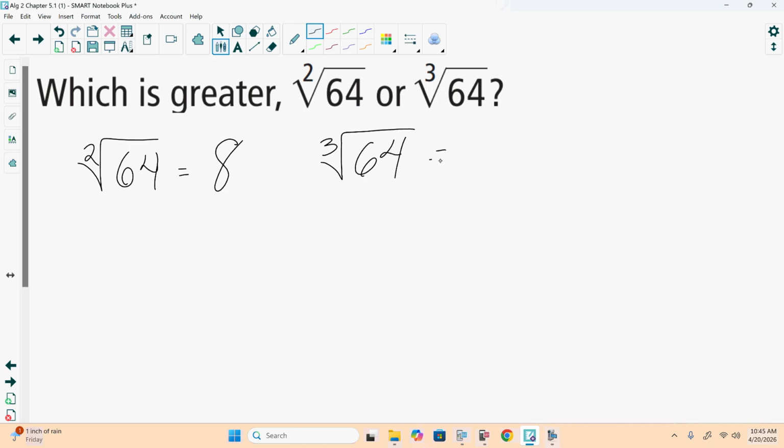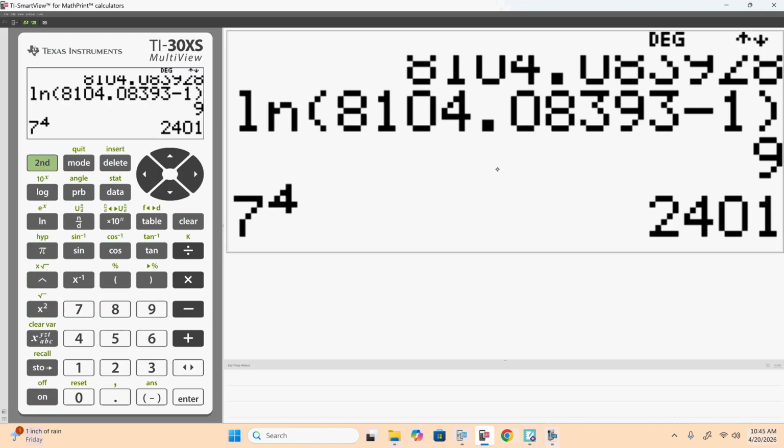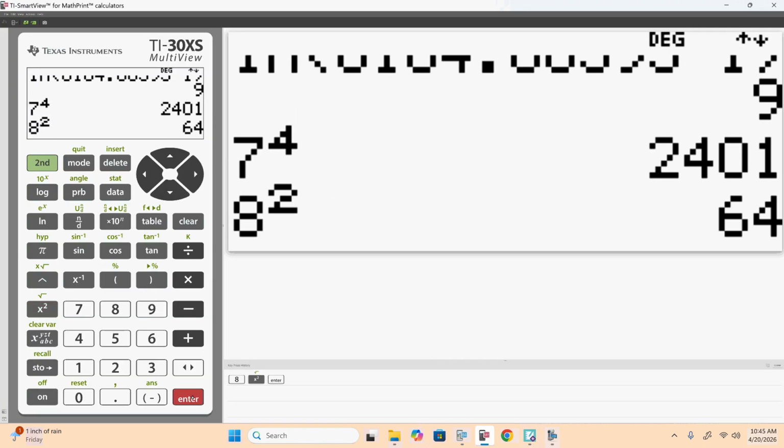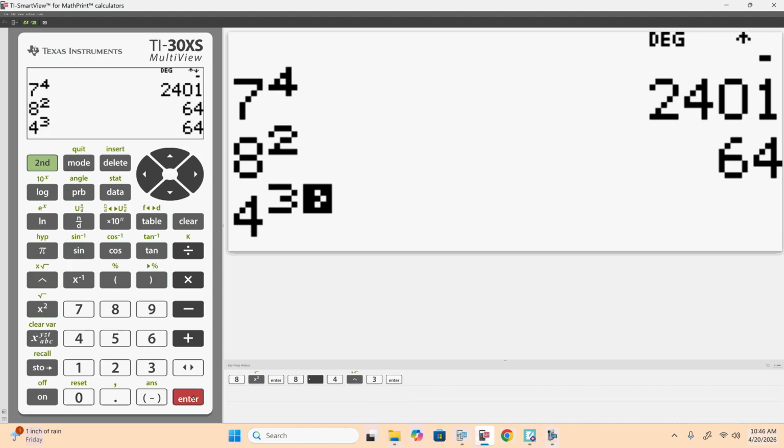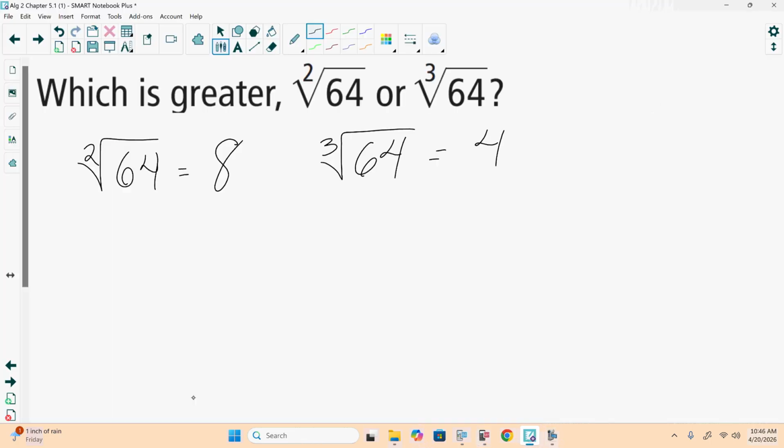Cubed root of 64 is 4. Because we're trying to figure out what times itself 3 times gives us 64. And we can do this in a calculator. We can see what 8 squared is. It's 64. And then we can do 4 to the third. It is also 64. So square root of 64 is going to be bigger because we're trying to find, in